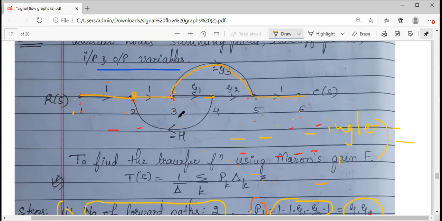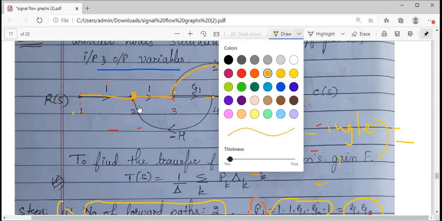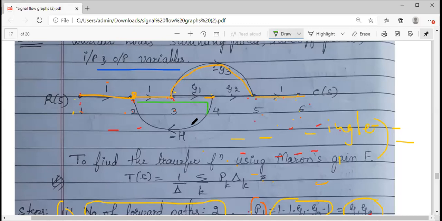This is your second forward path. And you can see we have a single loop here. Now tell me whether the formula is delta 2 is equal to 1 minus the sum of the gains of those single loops which are not touching